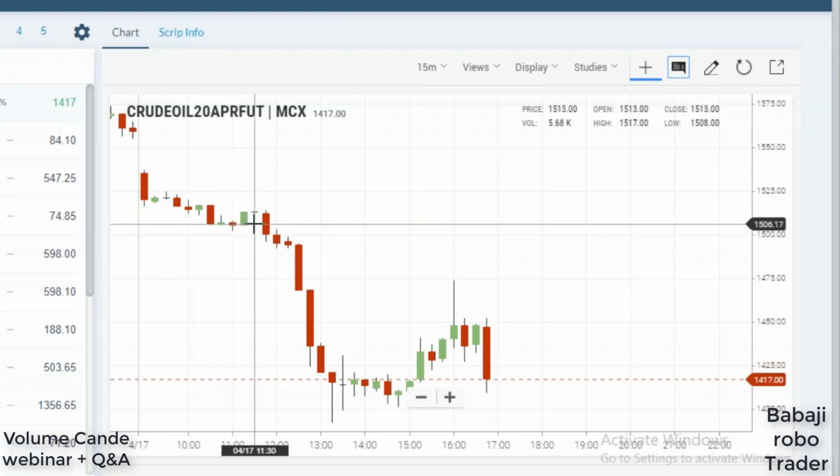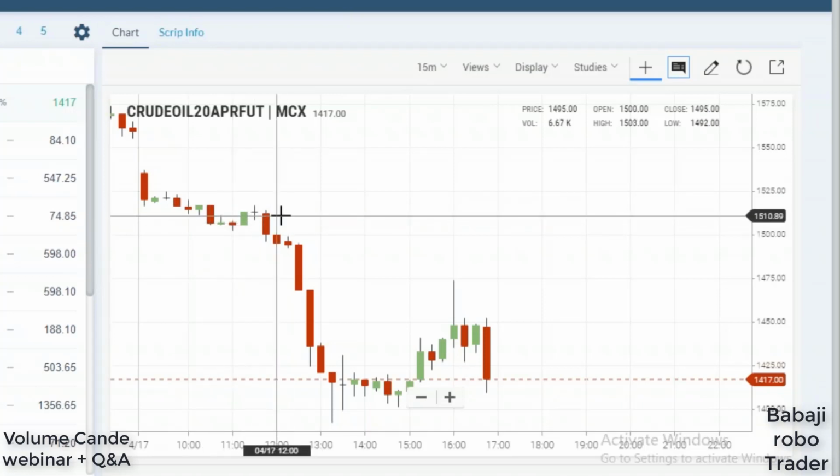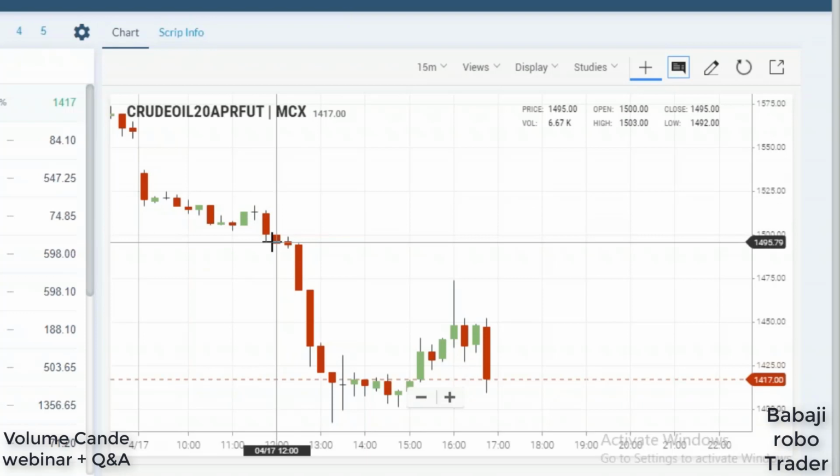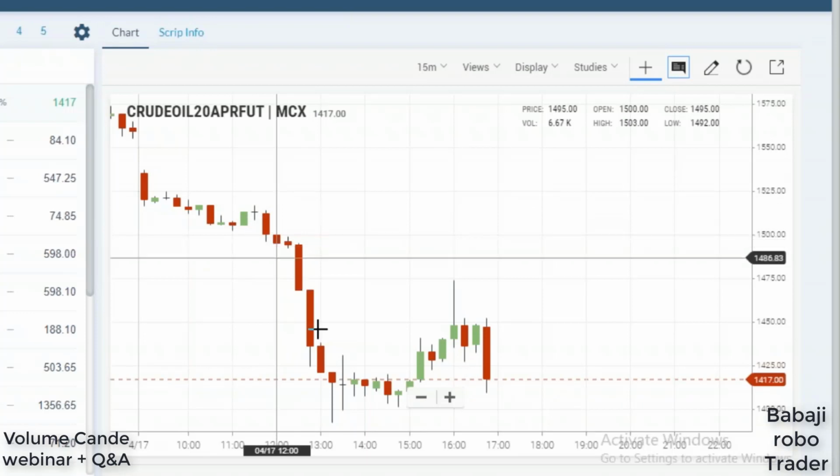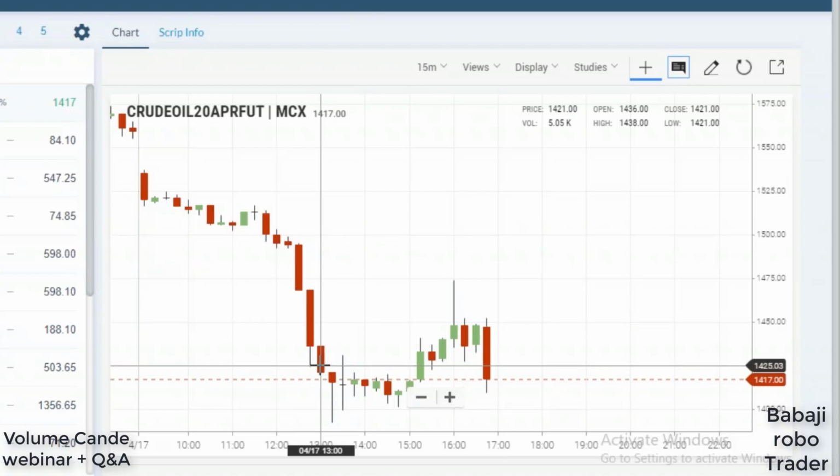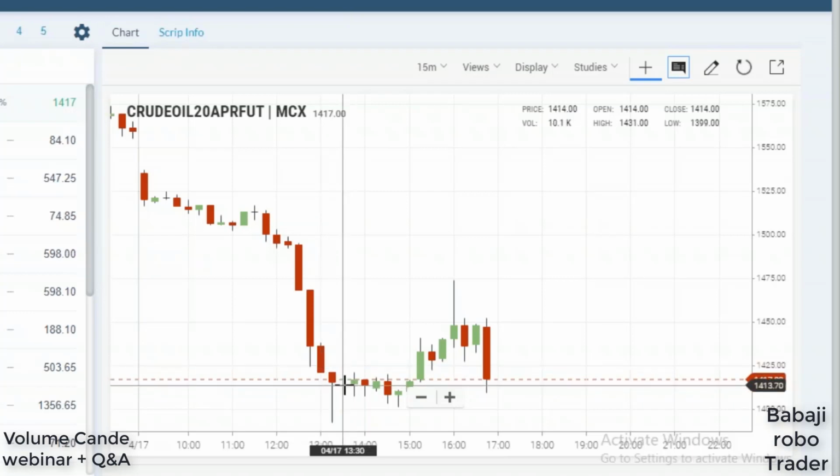After that we are seeing one doji out here. With the smaller wick, again we have one small. The thing we are focusing on is the wick of the candle. The wick means that the price is not agreed by the sellers or the buyers. We can take long or sell depending on the wick only.